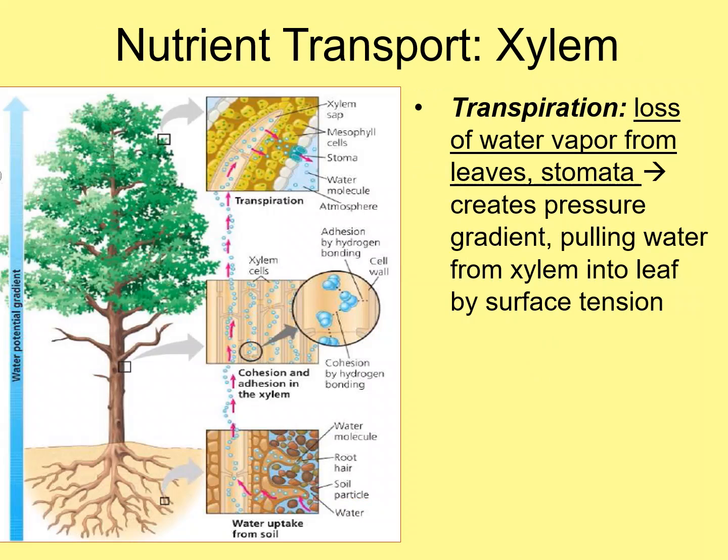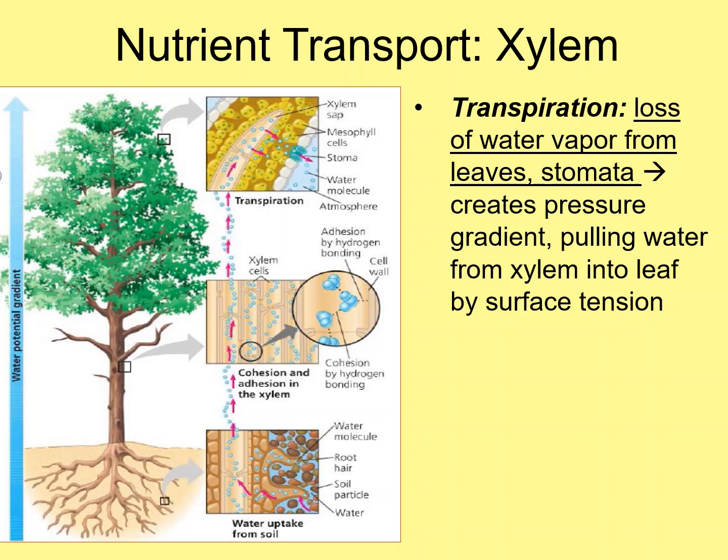Okay, so I mentioned this earlier when we talked about xylem and how the water and the minerals get from the roots up to the shoots. And of course, it's because we have evaporation from the surface of the leaf. This is going to be maybe a low level at certain times of day, or higher levels on warm afternoons, for example. But you're always going to have some evaporation of water from the stomata and from the